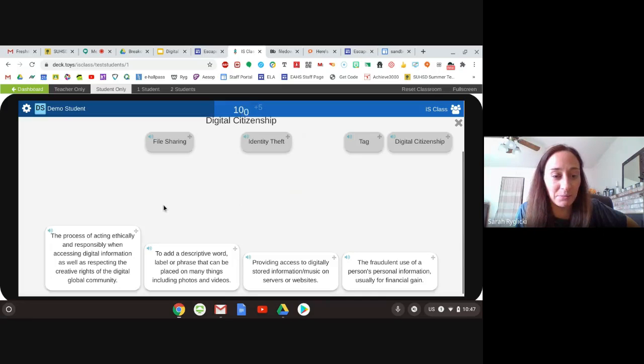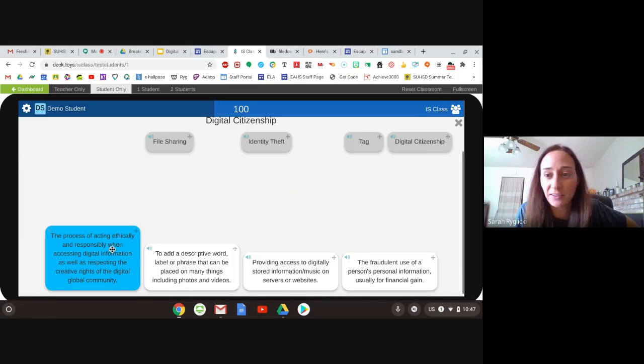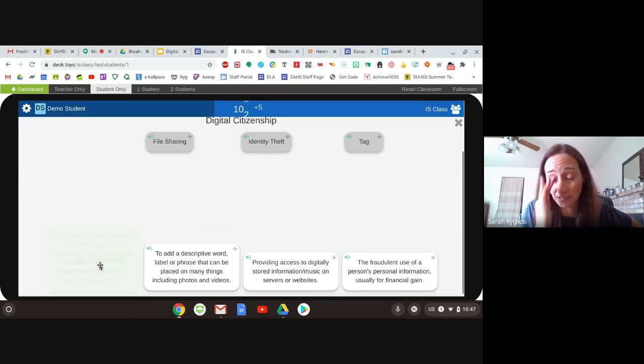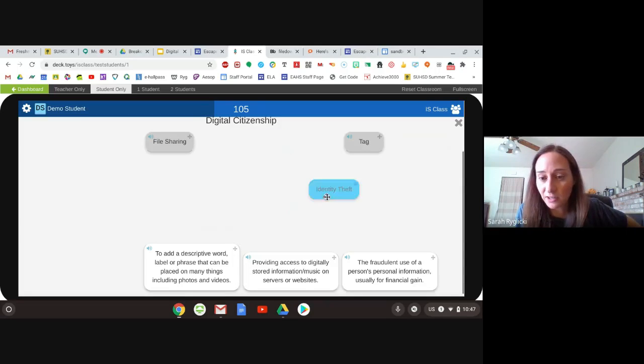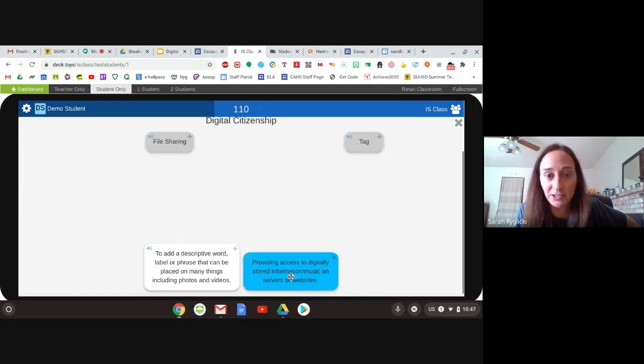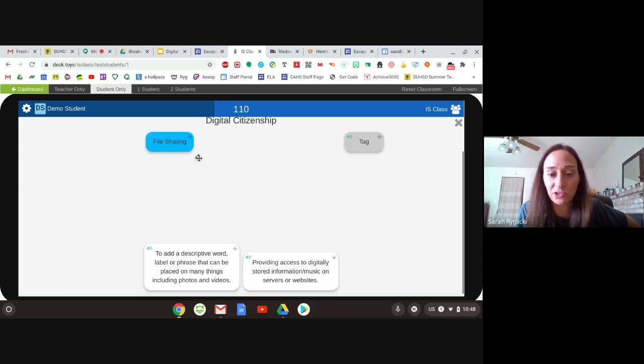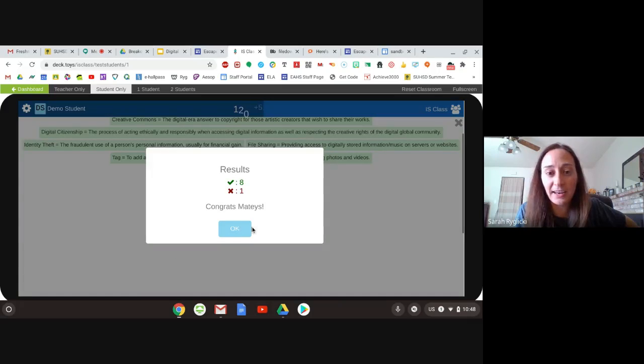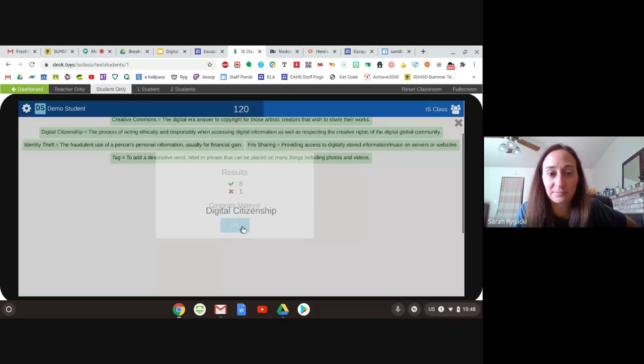Okay, and then the process of acting ethically. Oh, digital citizenship. I wouldn't give these to my students right away with digital citizenship. I give them easier terms, but you guys are adults. And then the fraudulent use, that will probably be identity theft. And then providing access to digitally stored information, that's file sharing, and then tag, add descriptive word, boom, got it. All right,